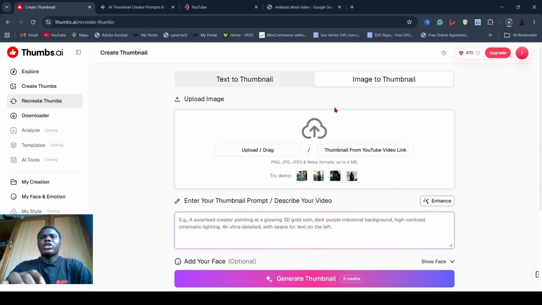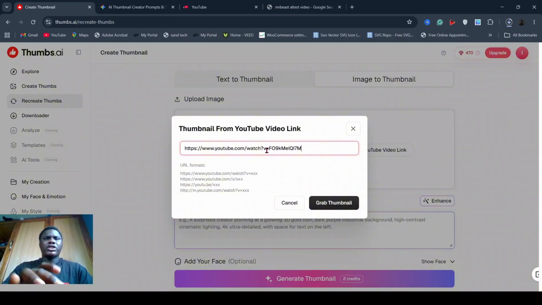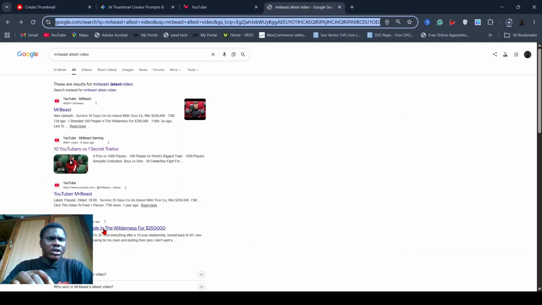So guys, we're going to be using the other feature in the AI. This is the image to thumbnail. I'm going to be using the thumbnail directly from YouTube. It is a Mr. Beast video. And I'm going to just use the URL and grab thumbnail. So the thumbnail is loading right now. I think the video is about I stranded 100 people in the wilderness for 250,000 US dollars,